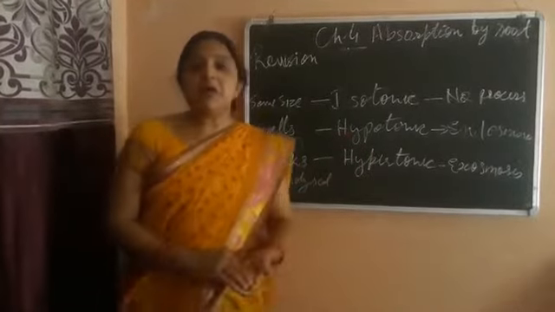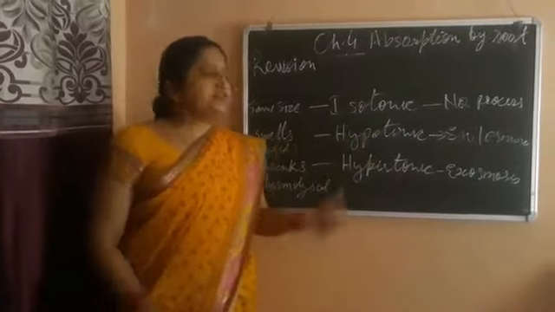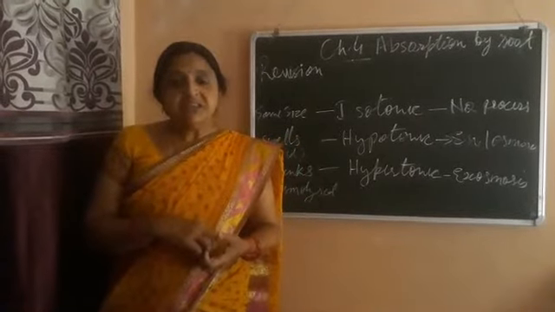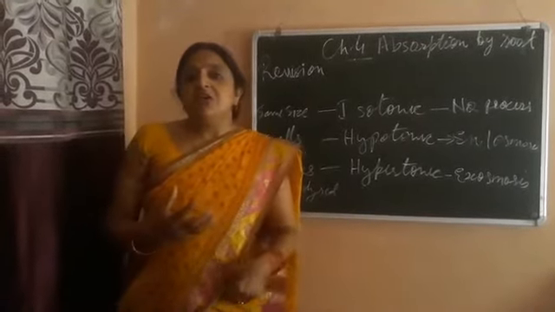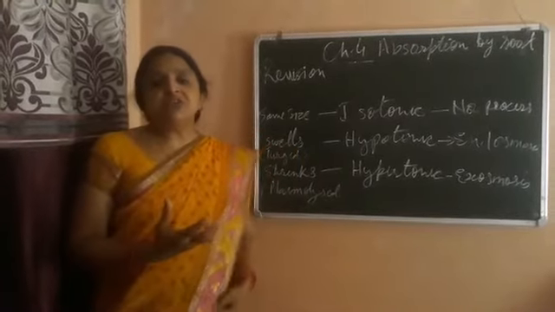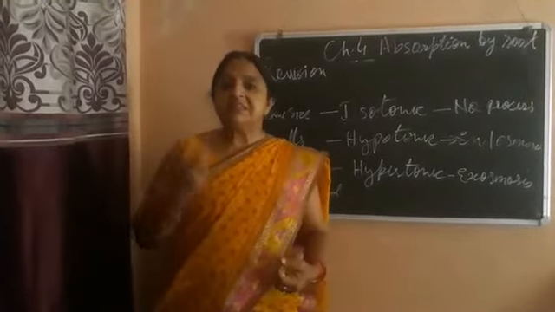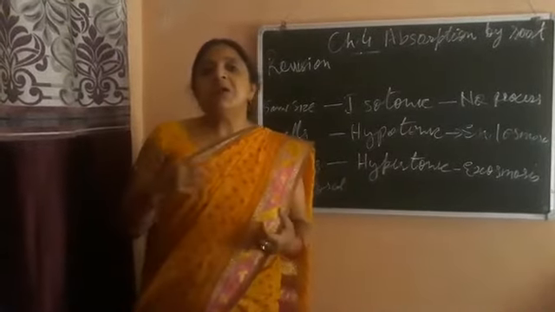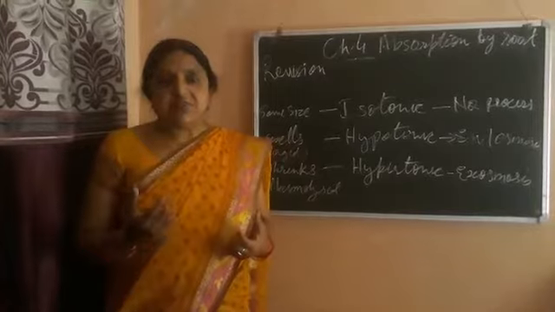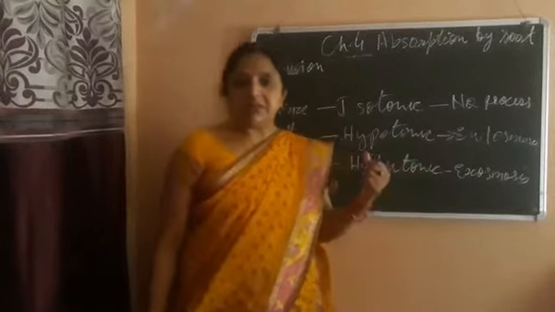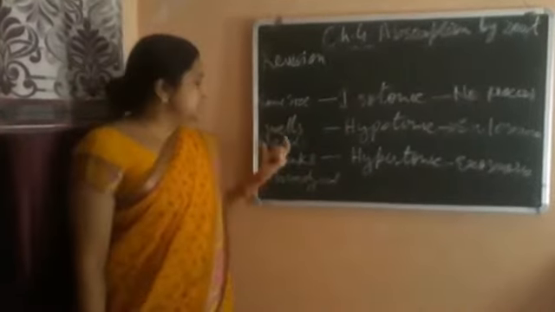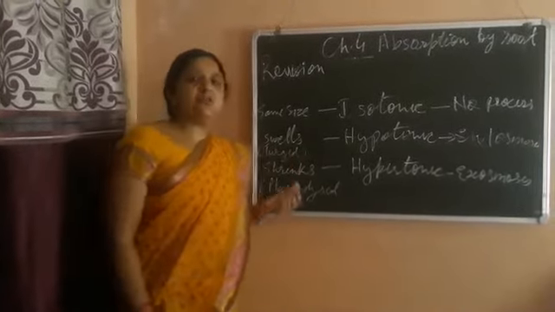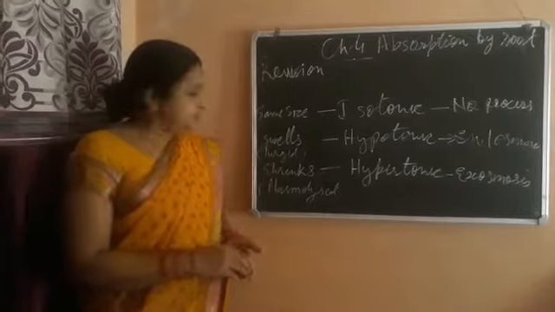Now next is the hypotonic solution. Hypotonic solution means when the cell is kept in a water solution. Means the outer side of the cell has more concentration of water as compared to the cell sap. So in such condition, water moves from outside to inside. Means endosmosis occurs. And because of the endosmosis, the cell swells. It increases in size, and that condition is called turgid condition.